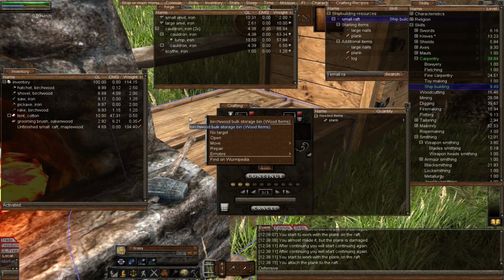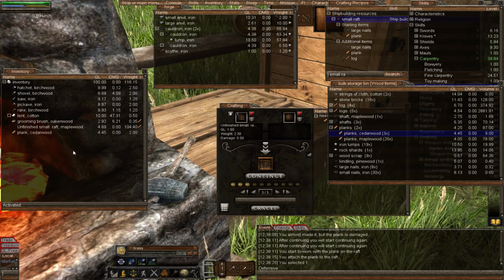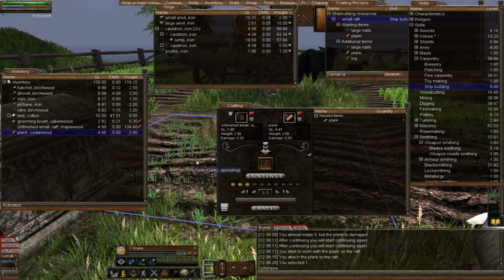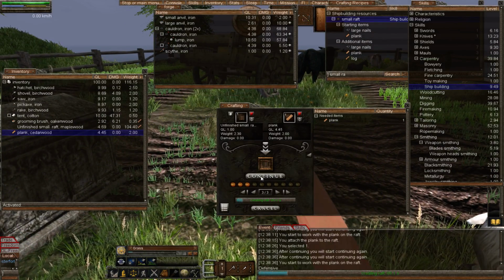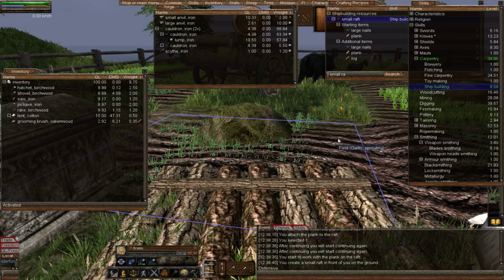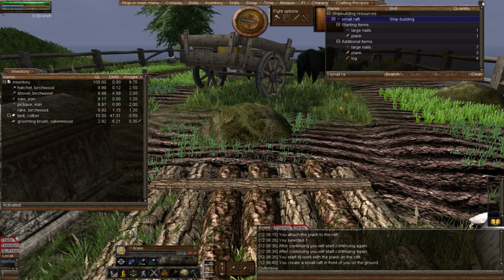Right, okay, let's grab our last plank, which of course is cedarwood. We will add that. Let's get rid of that. And we'll face that way. And let's go. There we are. Fantastic. We now have a small raft. So what we'll do,